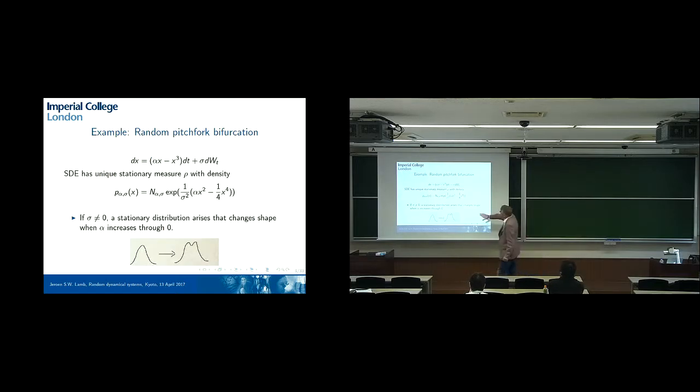One of the problems here, for instance, with this pitchfork that we saw with an unbounded noise, we always have a stationary measure with unbounded support, full support. And then if you look at distributions, you see some features of the distribution changing, but it's difficult mathematically to make sense of it. And so maybe if we have a situation where I have this